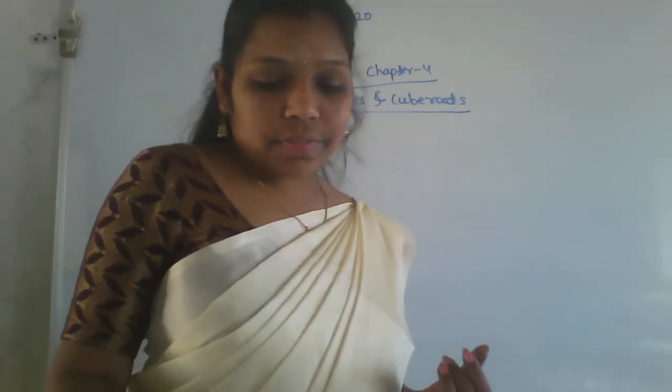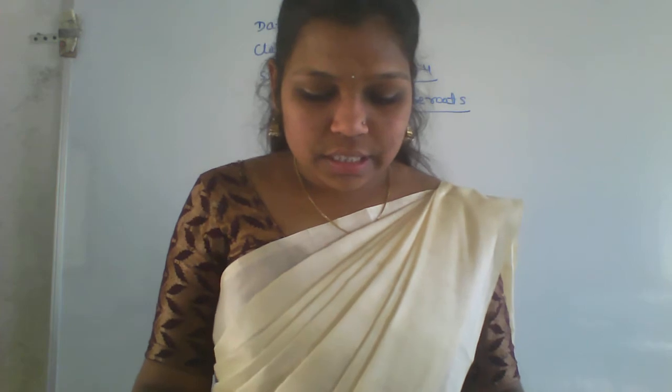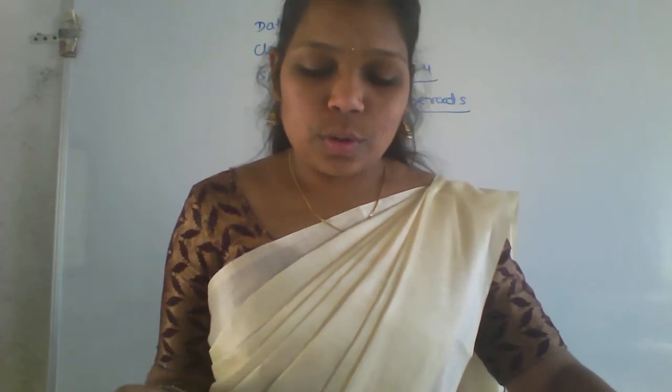Okay, so in that first they given the introduction part, just go through that, page number 55, whatever they given here, first observe that one. In previous classes we have learned that the cube is a geometrical solid figure which has all its sides equal, right? We already studied the cube in 7th standard, and what are the properties of that cube, all those things you know already, right? The cube has all the sides equal only.